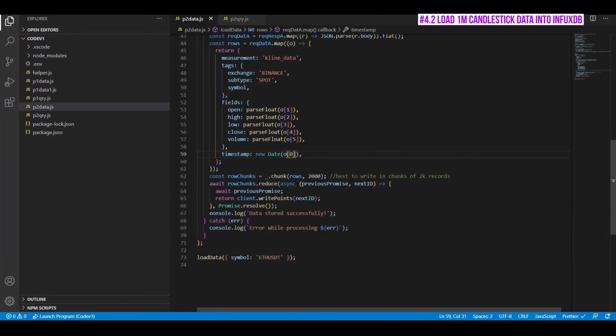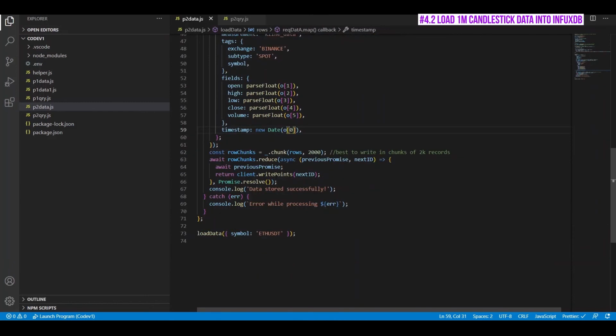And once we transform the data, we would have to store them in the database. And I read the documentation. So this entire data comes around 43,000 rows. So if I were to just download all the data in one single chunk, it's going to error out. So I read the documentation. The best practice is to store data in chunks of 2000 records. So that's what I did here. So I'm sequentially processing each chunk of 2000 rows and then storing it in the database.